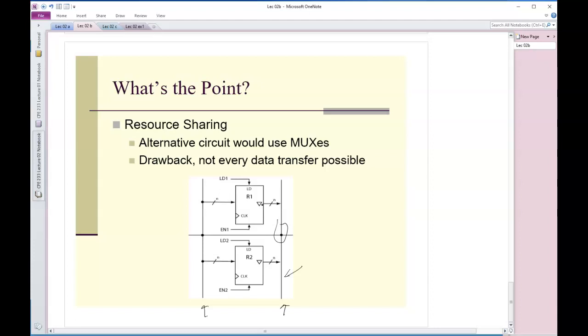Because I have less hardware, I've lost functionality, but the trade-off is that I have less hardware. So if this works for me, since it certainly has less hardware, I'm going to use this. If it doesn't work, I'm going to drop some muxes in front of this thing with extra routing, and I'll be able to swap this data at the same time. Okay,